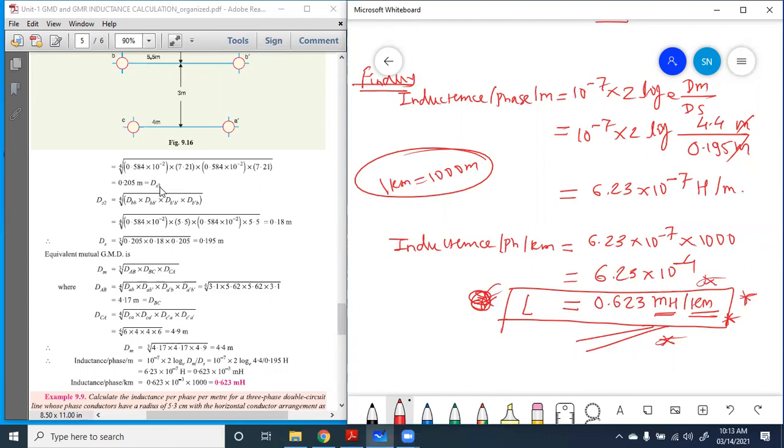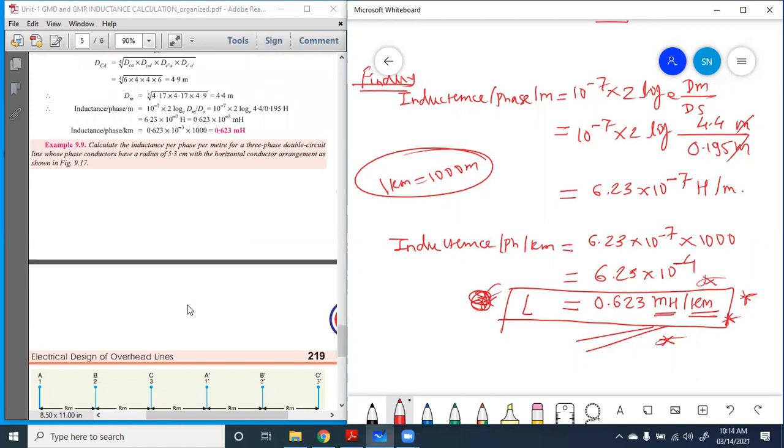One important step in such numericals is the calculation of the distance between each of the conductors. Before solving the mutual GMD and self GMD concept, first we have to calculate the distance between each conductor by using Pythagoras theorem or any mathematical concept, and then solve the mutual GMD and self GMD, and then finally put their values in the final formula of the inductance. So in this case only the mathematical calculations for the distance between the two conductors are most important.